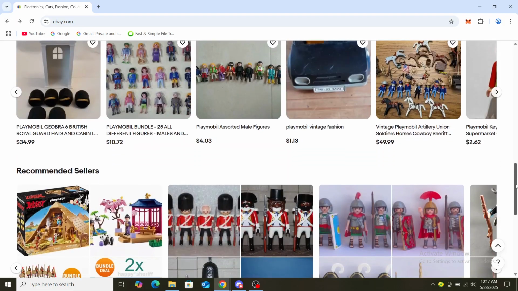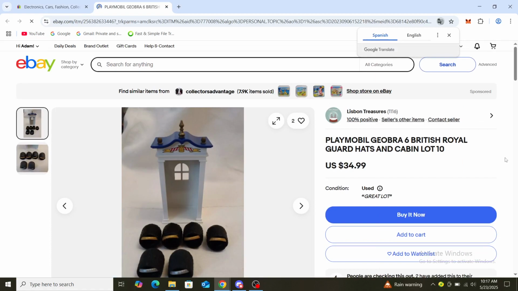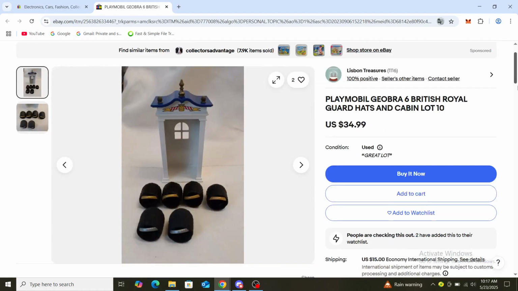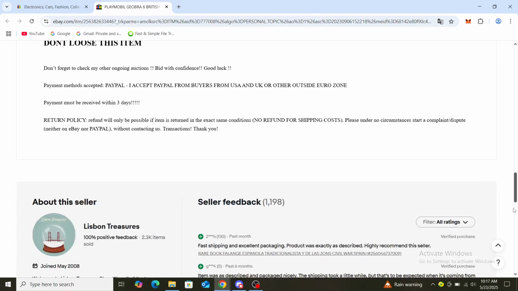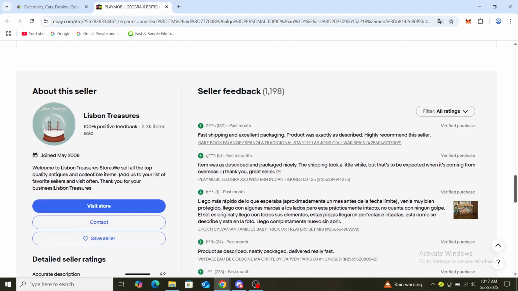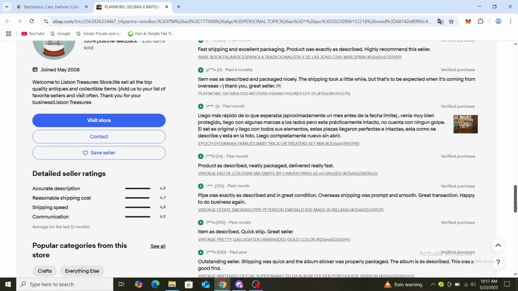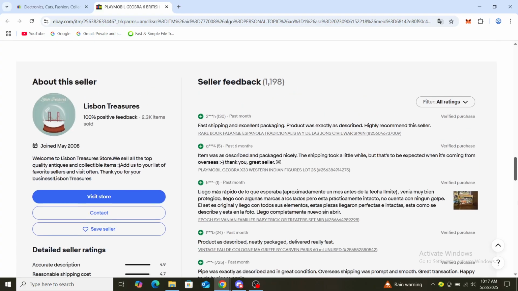So let's just open someone's store and leave feedback for them. So you can see here, buy it now, add to cart, add to watch list. You can see some other information underneath, and you can see the seller feedback, and it's going to pop up for you as well. And you can contact them and tell them directly, and you can even leave feedback on